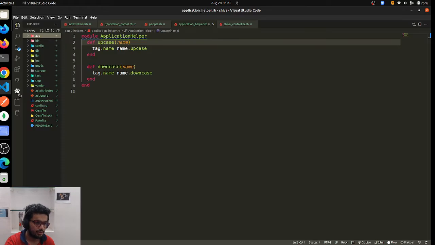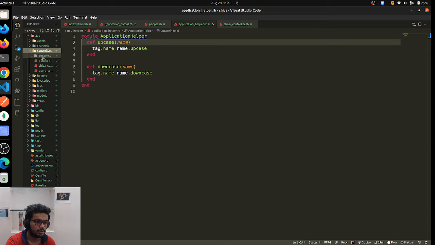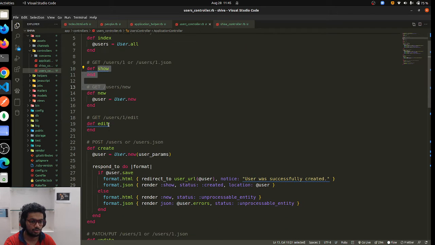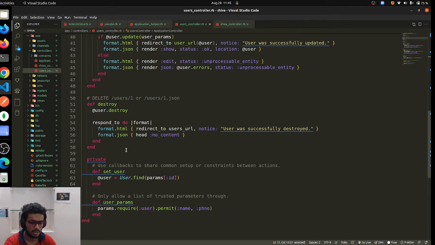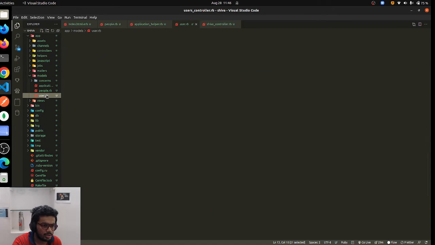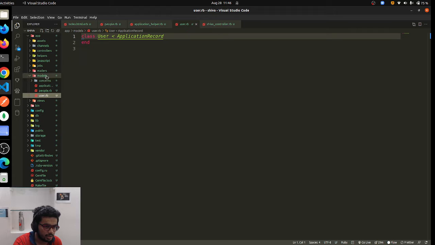Now if you see the code, in the app controllers folder, you can see a controller named users, and it will have index, show, new, edit, create, all those things generated. I personally don't recommend using scaffold because it creates some extra code, and as a developer it's not a good practice to use scaffold. And if you see the models, it will have a user model which is empty. And if you see the routes,